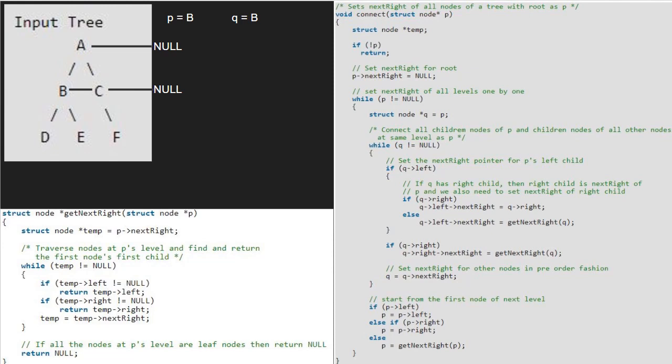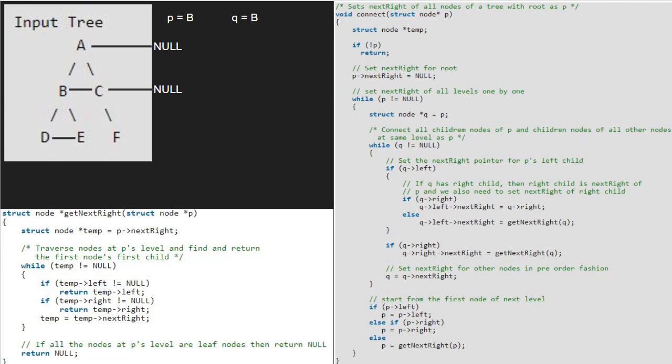Hence, D's next right will point to E. Now, we check if B has a right child. As it is true, we make Q's right's next right point to the value returned by getNextRight function. Hence, we pass B to getNextRight function.